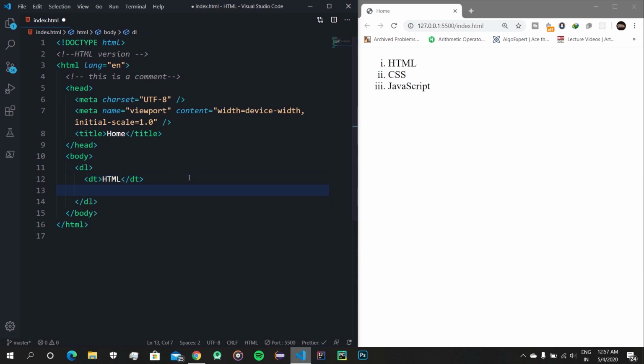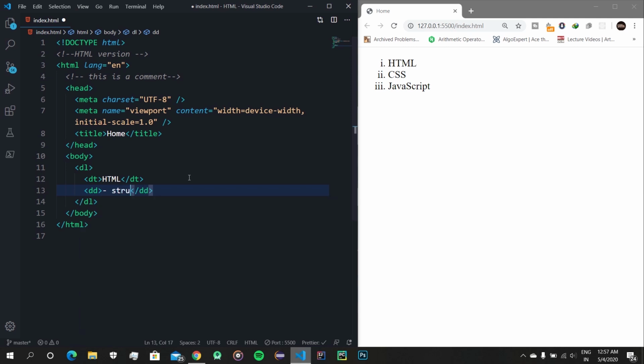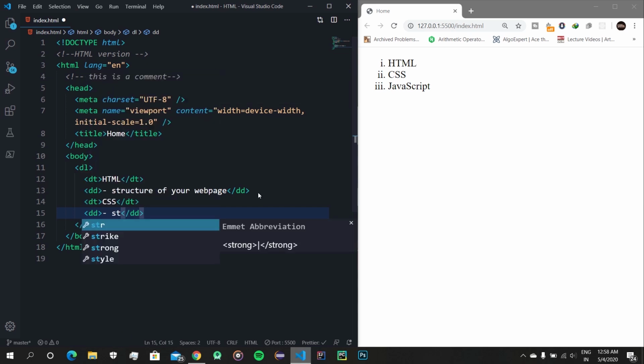And for the description let's do dd, and let's put a hyphen here, and let's say it is used for structure of your web page. Okay, another element, let's do CSS, and let's do the description as, forgot a hyphen, style your web page.